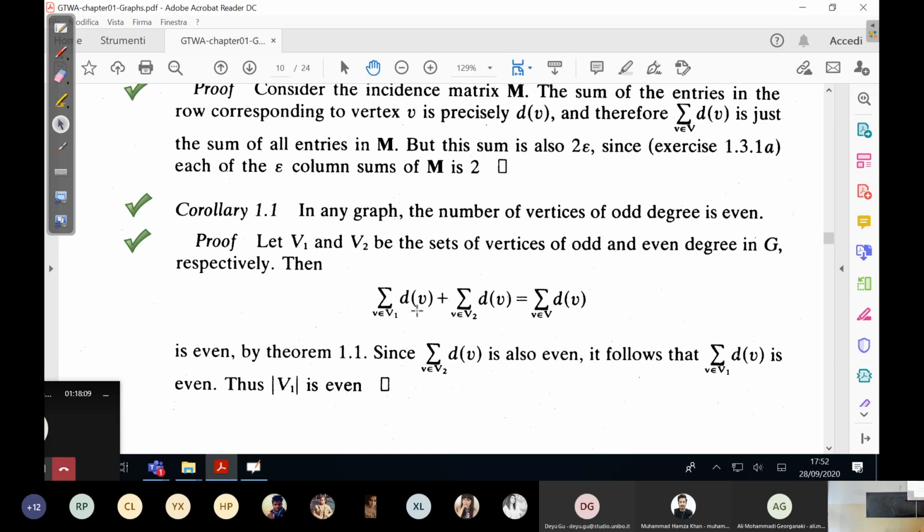So since all numbers in this sum are odd, the number of addends must be even, okay? So you get exactly this: the number of vertices of odd degree is necessarily even. You are not as free as you might have thought to be,